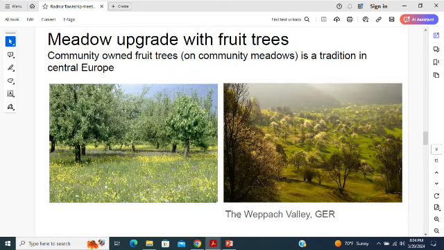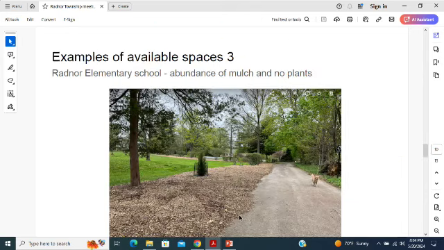Yeah? What you can do, of course, on top of it, that's just an example. It's from Central Europe, a century-long tradition to also plant community-owned fruit trees on top of it. When I was a child, my family always called the Township, and we rented 2 or 3 trees for harvesting in fall. So that's, of course, something you can also consider to complement your meadows with fruit trees. Yeah? Costs not very much money.